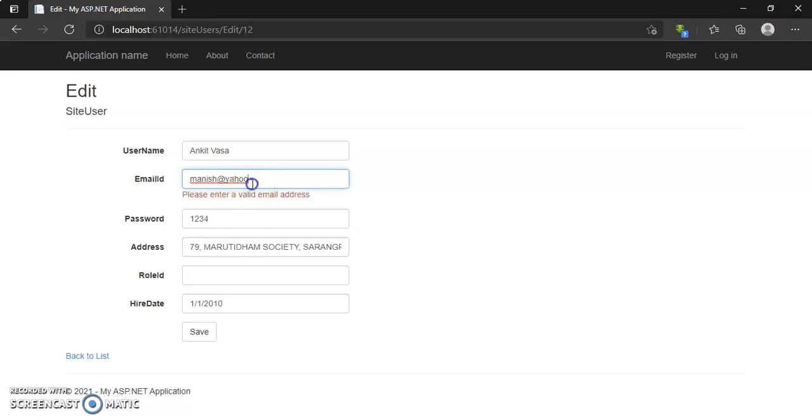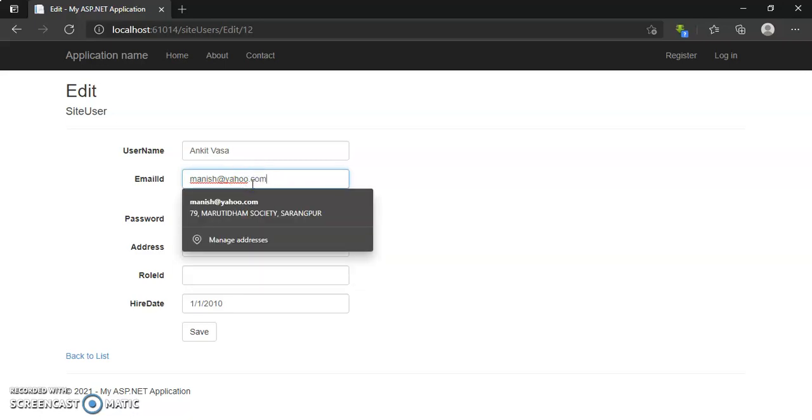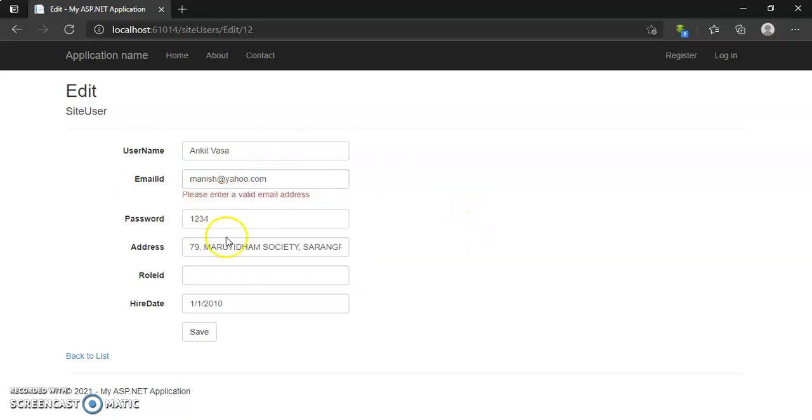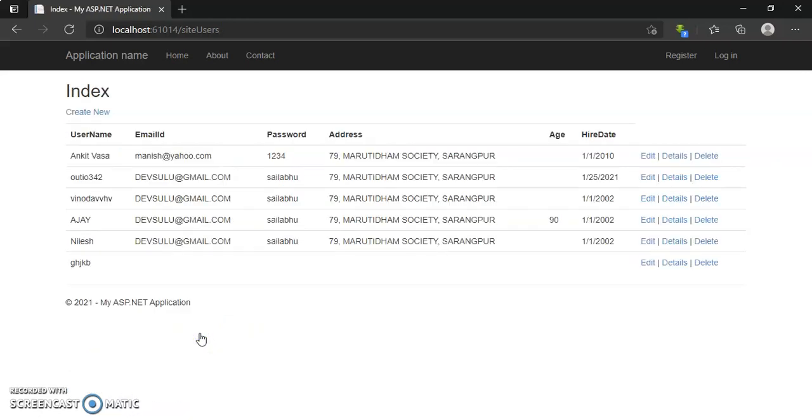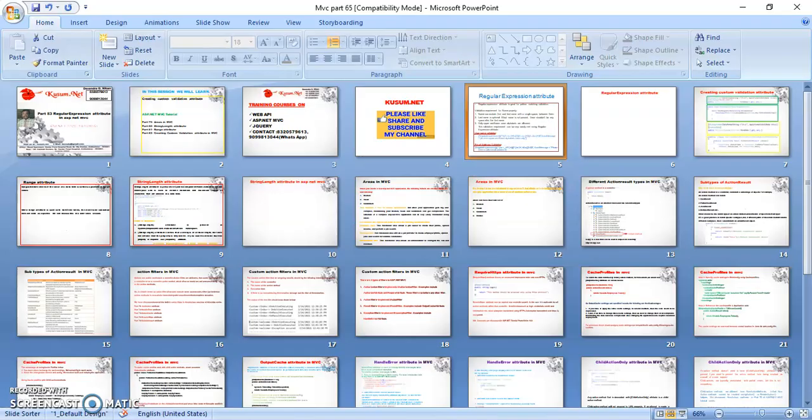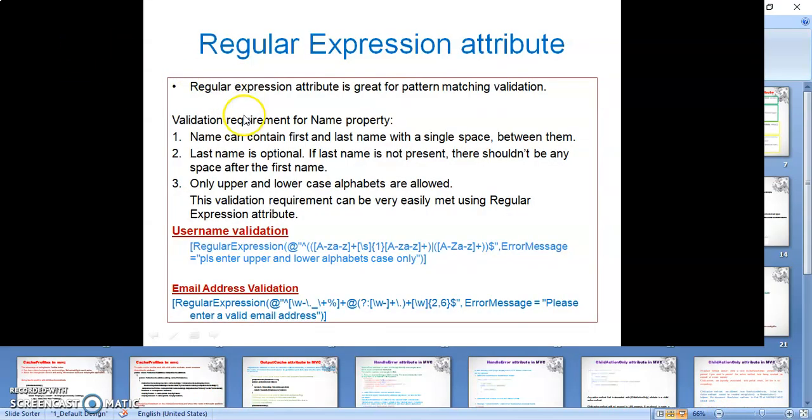If I write a proper email address with the @ symbol and a dot before the domain name, it will validate and save the record. This is the email address validation regular expression.